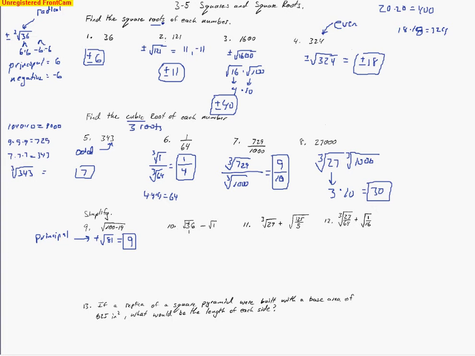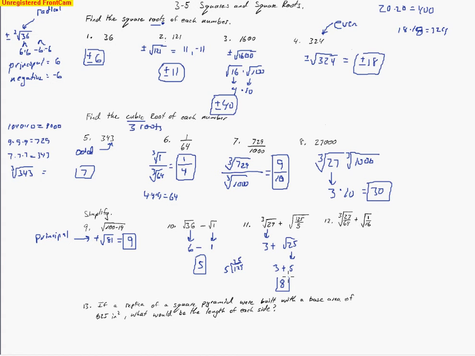So here we have the square root of 36 is 6 minus the square root of 1. Now this one fools some people sometimes, and 1 times 1 does make 1. So then we subtract, and that's how I get 5. Cubic root of 27 we saw earlier was 3, but here don't try to take the square root of 125. It won't work out so well. So let's go ahead and reduce what's under there. 5 goes into 125 25 times. So again, the way I got that was 5 into 125 goes 25 times. And then I can go ahead and take the square root, which is 5,